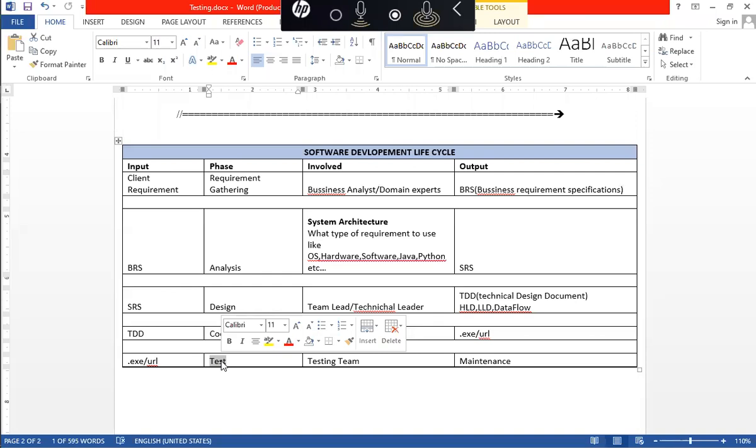Yeah, that's enough. 4 years, it doesn't matter how much experience you are putting, either 4 years or 10 years or whatever it may be. But you have to prepare how you need to crack the interview. You have to prepare the interview questions, and on a day-to-day basis you have to take some